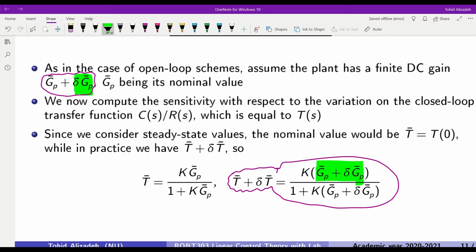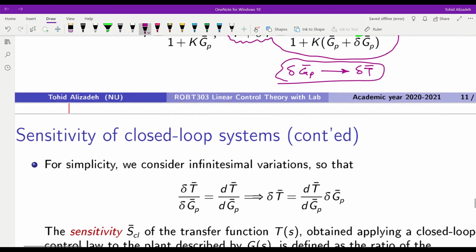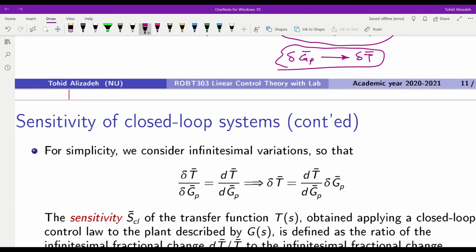And now we want to find out a direct relation, let's say, between delta GP bar and delta T bar. We want to see how delta GP bar affects delta T bar, or how they are related. From the equation that we have here, it is not straightforward. You can just multiply it maybe and open it up, but you will not get a direct relation between delta GP bar and delta T bar. Instead, if we assume that we have very small variations, so we consider infinitesimal